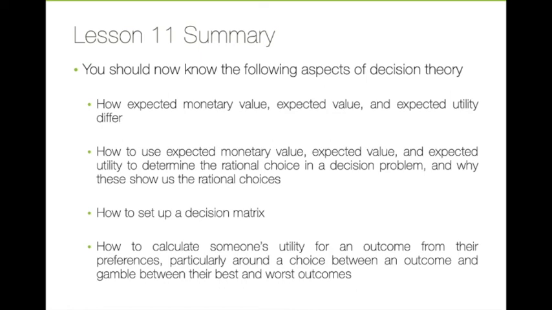You should be able to set up a decision matrix to represent the choices and states in a decision problem. And you should be able to calculate someone's utility for an outcome from their preferences, and in particular by using a